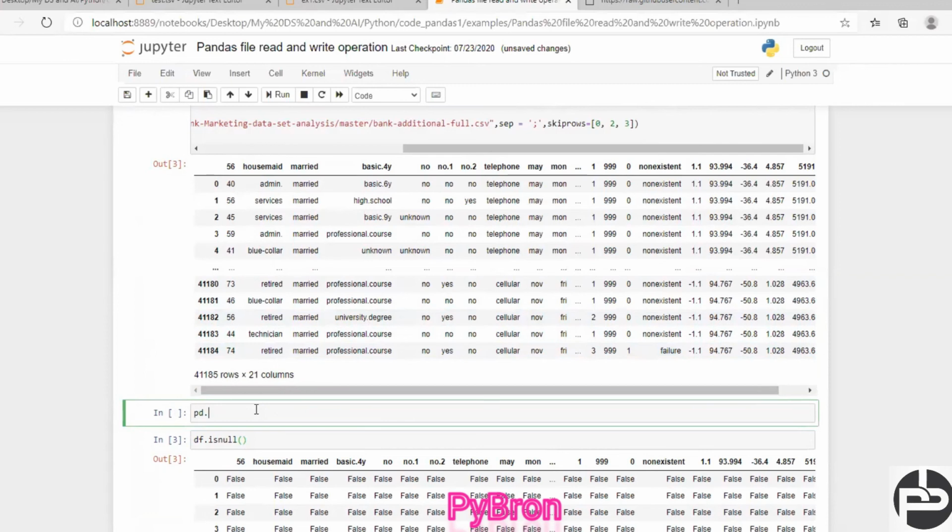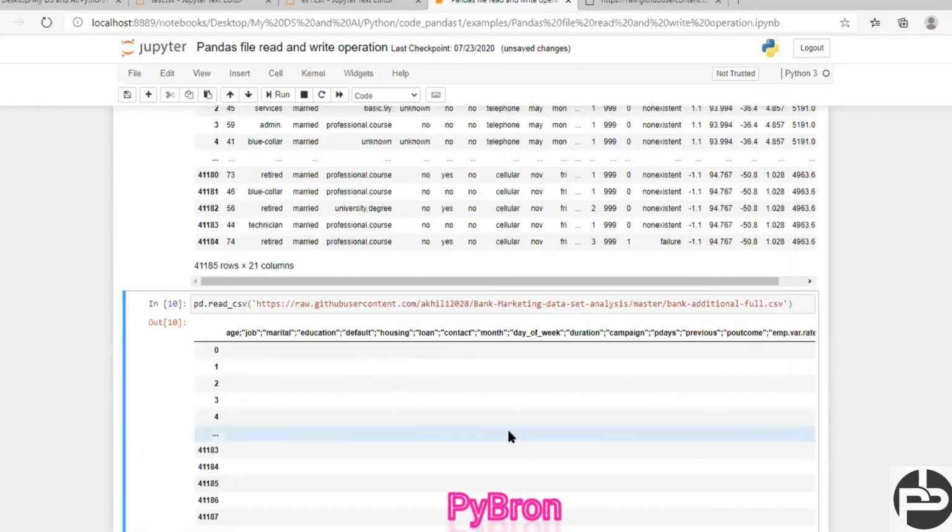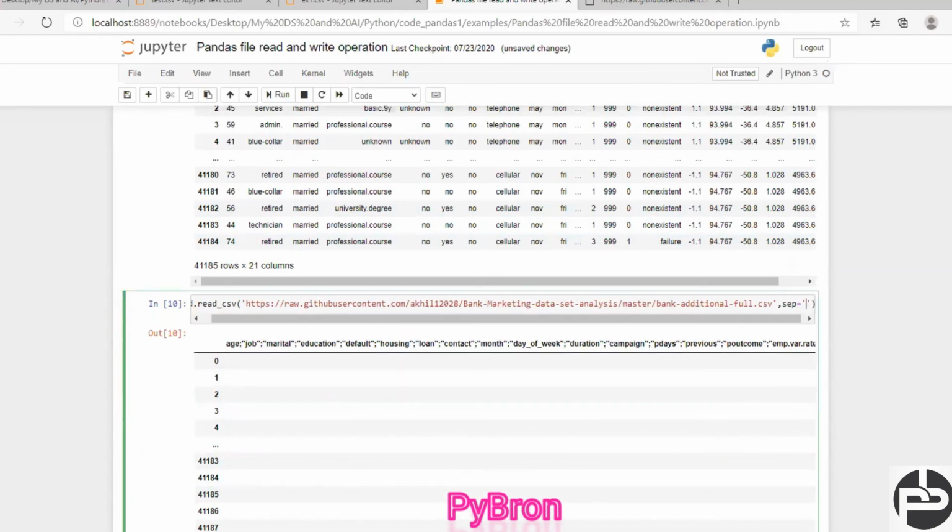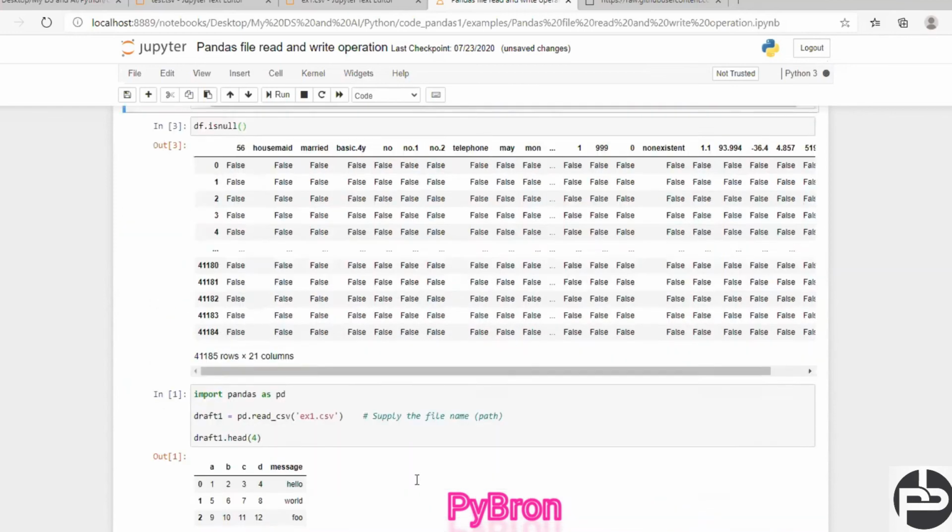Okay, so just pd dot read CSV. Read CSV is one method, and here I'm passing this thing, and yes, I am able to read the data. It is fetching the data through the internet. Make sure your internet connectivity is on, otherwise it won't read. Can you see this? My data got read, but the format is not correct because I called the read CSV method, but here data is separated by a semicolon. So you have to define the separator also. Separator is equal to semicolon. And now you can see my data is in the correct format.